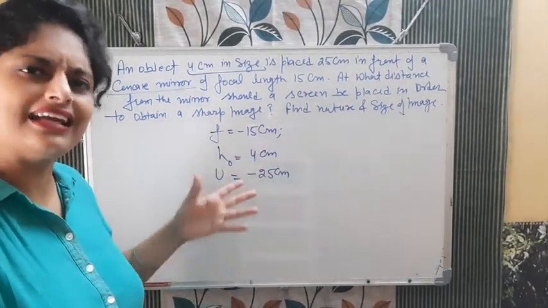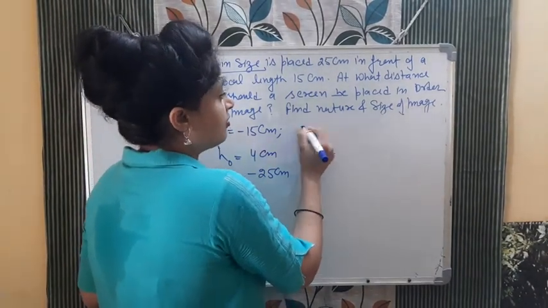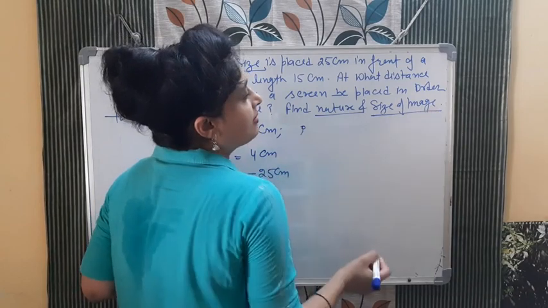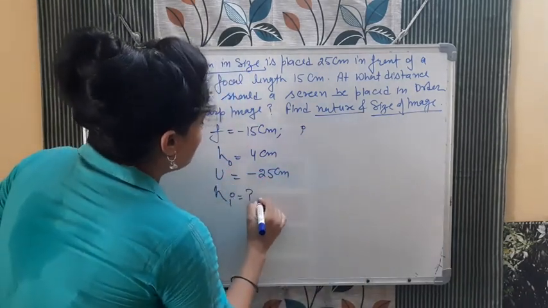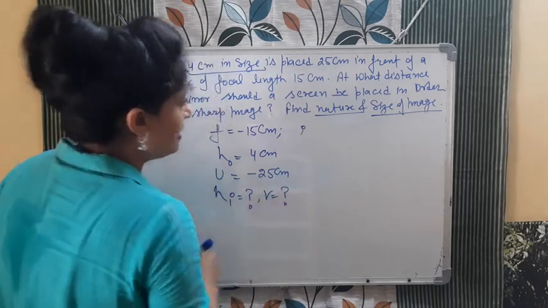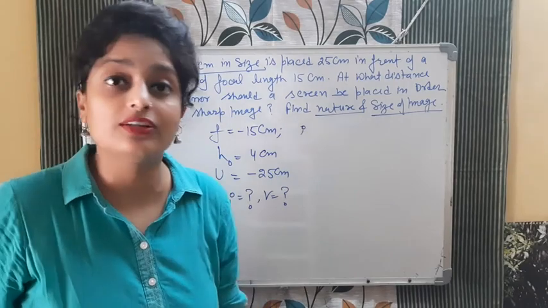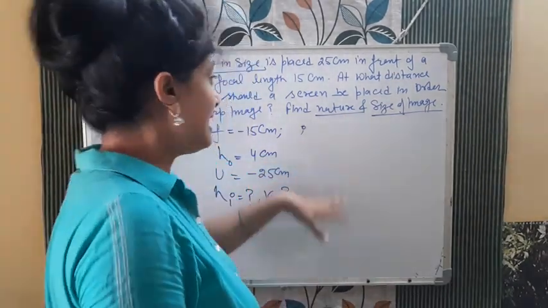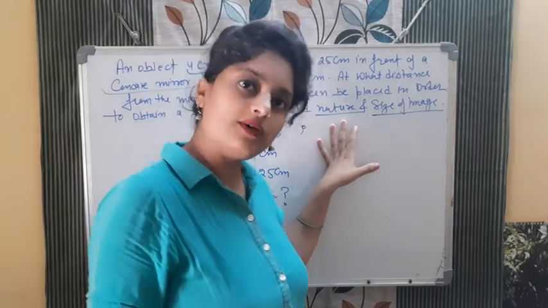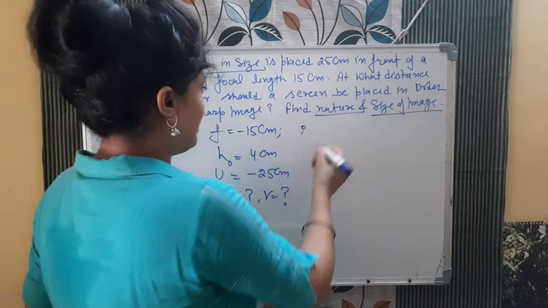ठीक है. So now we can calculate also very simple. Mirror formula हम लोगों के पास है. We can apply and we will find out. So nature and size of the image. So what we need to calculate? We need to calculate hi. We need to calculate v. Okay? Nature तो यही से है कि real है तभी वो उस पे स्क्रीन पे आ सकता है और real है तो कैसी है? Inverted है. So in nature you can simply write it is real and inverted, and that you can tell after finding out v also. That by the sign of v you can tell. Okay? So we will calculate firstly v.